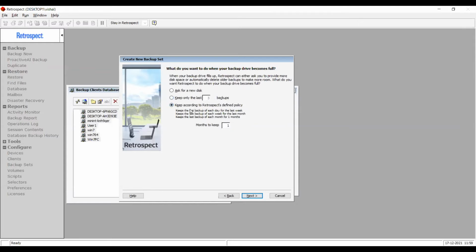This one will require more space because even for 1 month, you will end up with 11 to 14 snapshots. With this one, if you want to go below 10 snapshots, you have to use the middle option. Okay. You can also set this option later on in the backup set properties. So I'll leave it to the default.